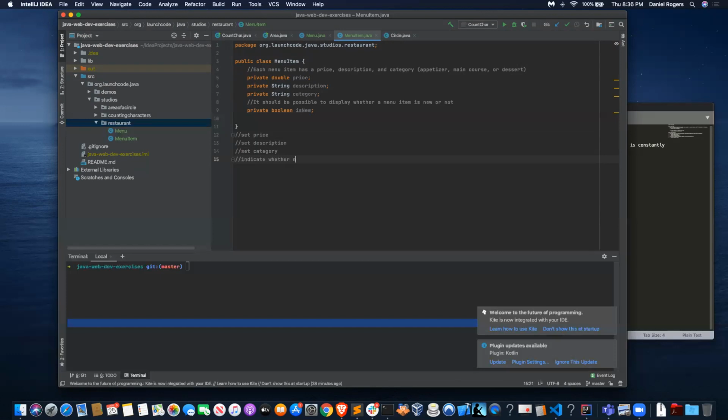Okay, so this is basically what we have to do for this menu item class. I'm doing the menu item file first because a menu is basically a collection of menu items. So, if it makes the most sense, we do